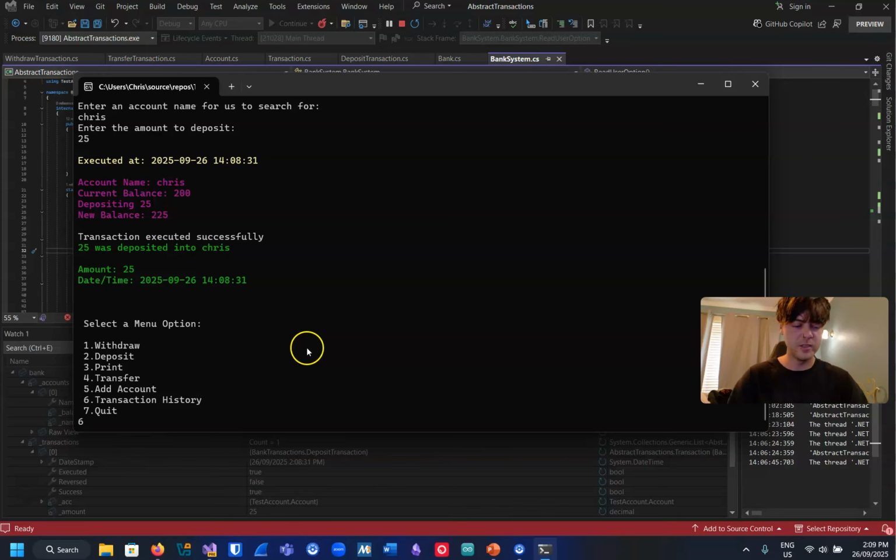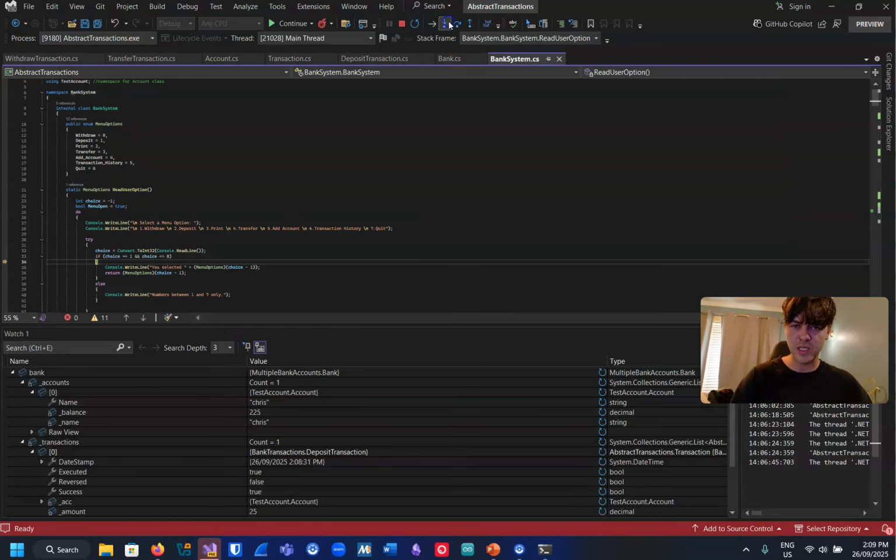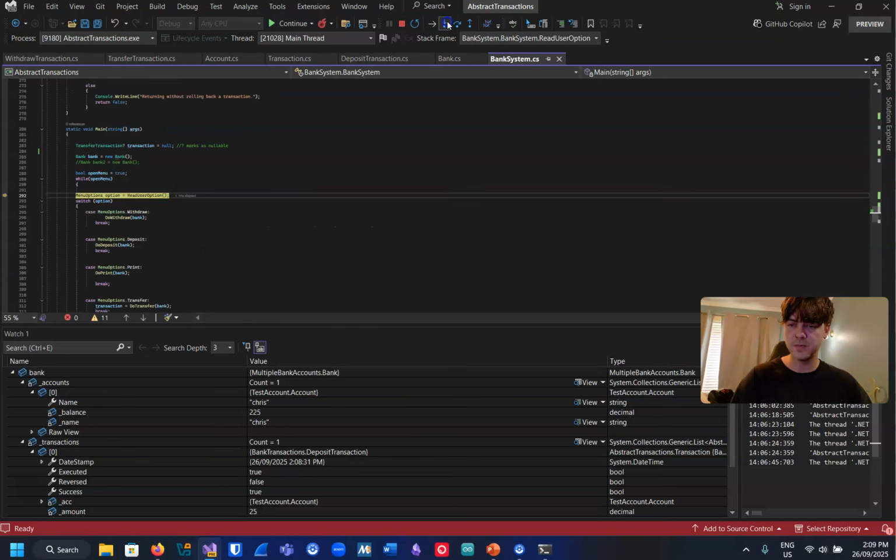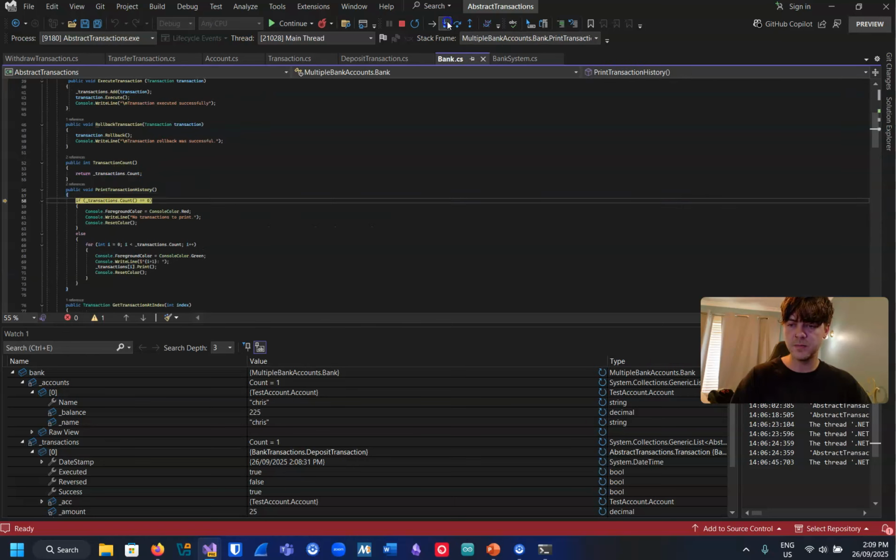Okay, so now we select 6 for transaction history. This is going to print out the transactions that we have stored in the transactions list. Now we want to make sure that the count is not 0, so we actually have transactions in the transactions list before we go printing them out. If it doesn't have anything in there, we're just going to tell the user that there were no transactions to print. We know that we have one, so what we're going to do is iterate through the transactions list, and